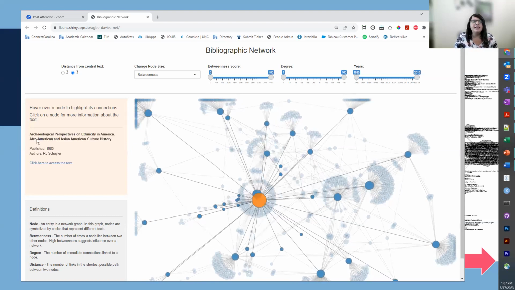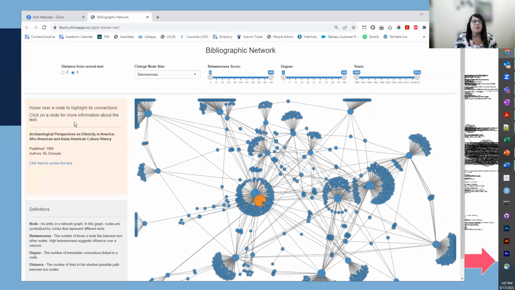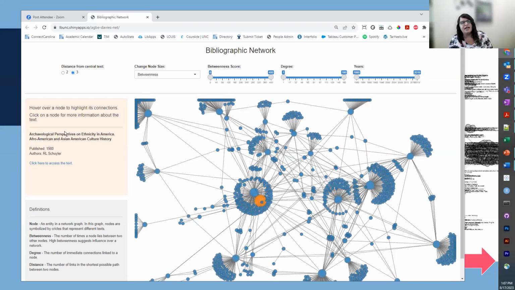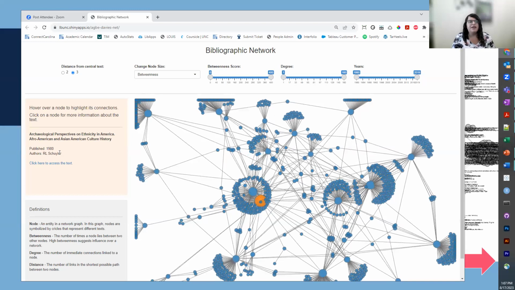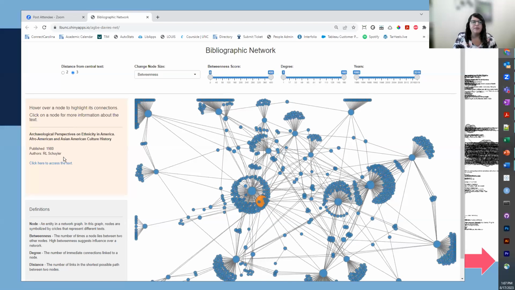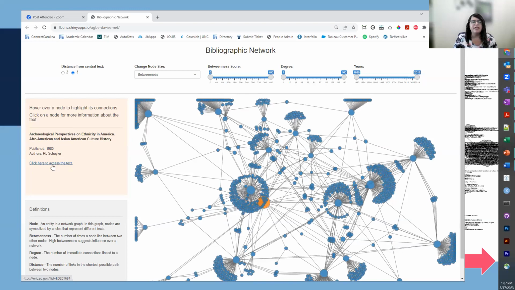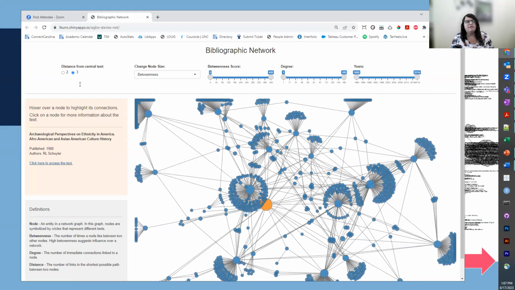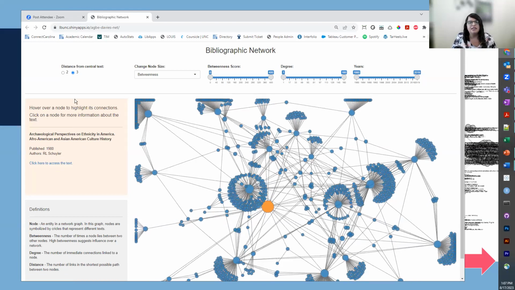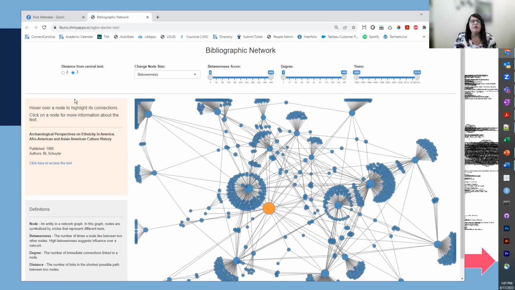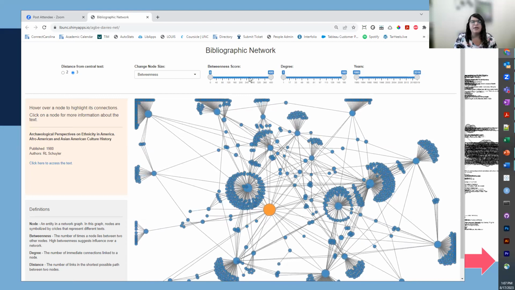But when I click on this text, or click on the node, we get the text. We get the title of the text, when it was published, and the author. So we've got some bibliographic information here. And then we also have a link to the DOI so we can view the work if we have access to it. Then the other part of this Shiny app are the interactive controls that we have up here at